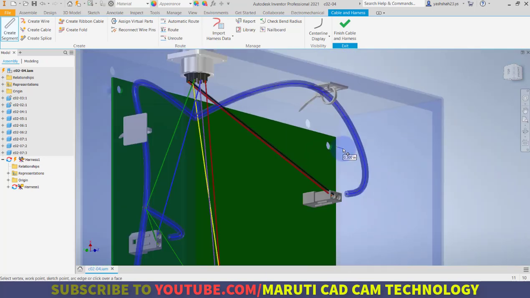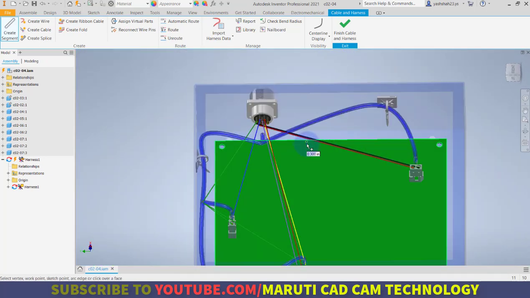Like this. Even though my segment has been created, for better maintainability I can also modify the point.